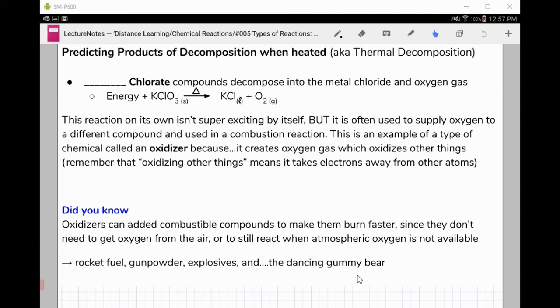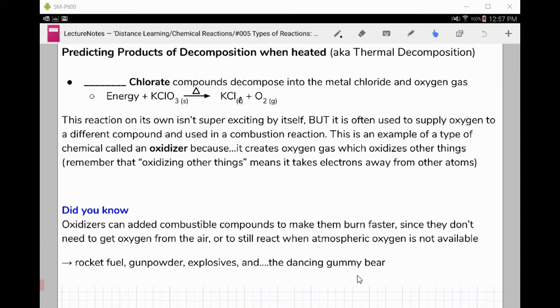Now, these types of reactions are often used when oxygen gas is desired for a product. The reaction itself isn't overly exciting. However, when we feed oxygen to other things, that's how we get combustion reactions. So often these types of compounds are called oxidizers because they produce the oxygen, which is used as an oxidizer in combustion reactions. So this allows combustion reactions to not only happen faster and more vigorously and more energetically,